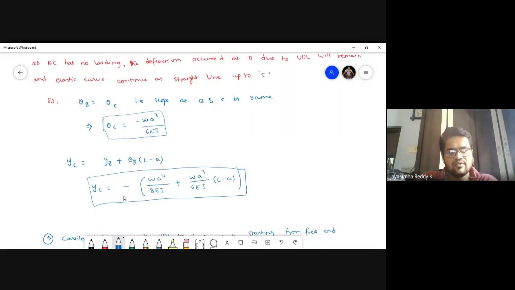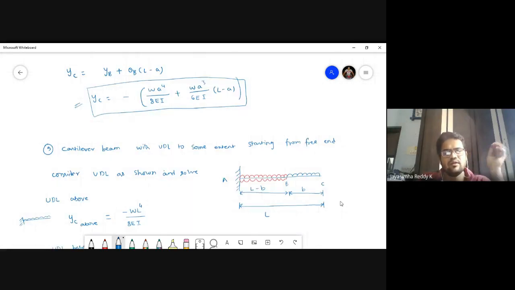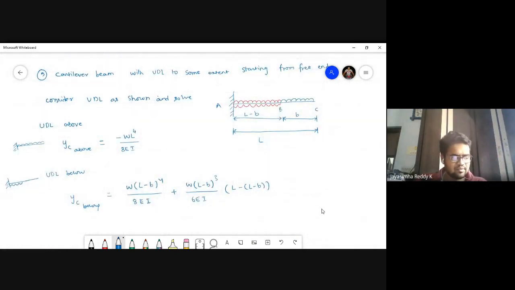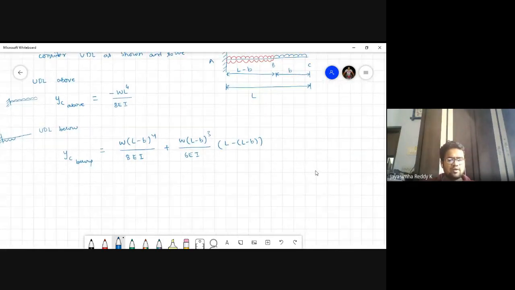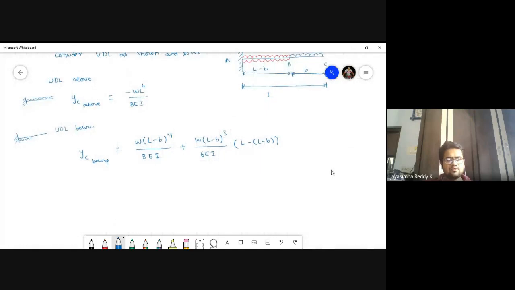Let me show you the equation above once. All of you see this equation, students. How is this equation? I have just substituted L minus B in place of A. This is YC below. If you simplify this, why did the minus go? Because the UDL is acting below, I have taken off the minus. So if you simplify this, YC below will become